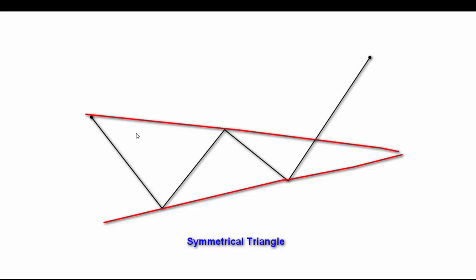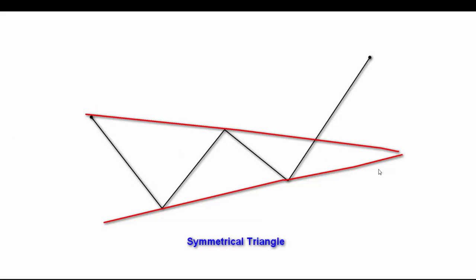And this pattern indicates a period of consolidation to both sides with support and resistance. Unlike the other two patterns, the symmetrical triangle can break out in any direction, which makes it a little bit trickier, as it may give you fake outs. As you see on the picture here, there is one solution to predict the breakout of that pattern, and the